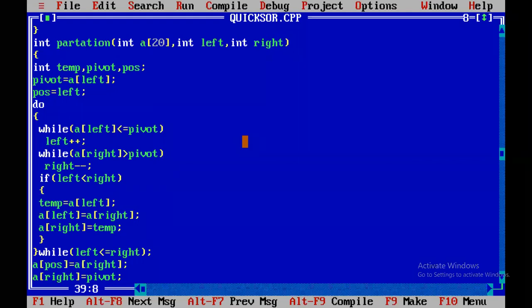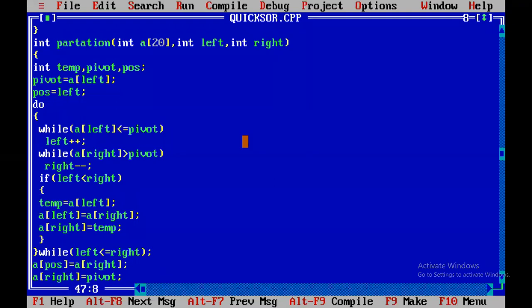Then A of right: if A of right is greater than pivot, decrement right. This while loop executes continuously until the value at right is less than or equal to pivot. If left is less than right, interchange both left and right.